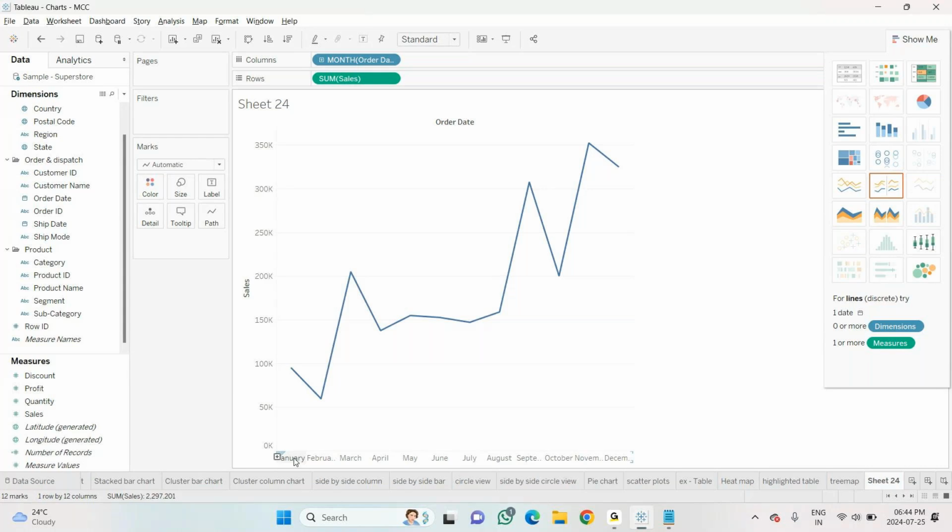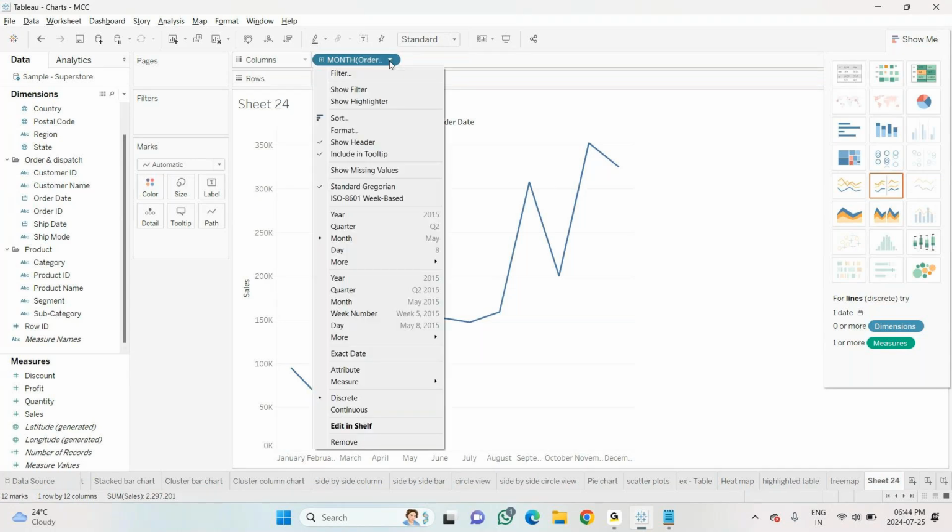Okay, so what I am doing here is, now in this option, when you click on this drop down, see here it says which year, 2015. If you see the quarter, quarter 2, quarter 3, like that. Month, which month it is. Then you have a day, so it says which day it is. That is what the information is given.